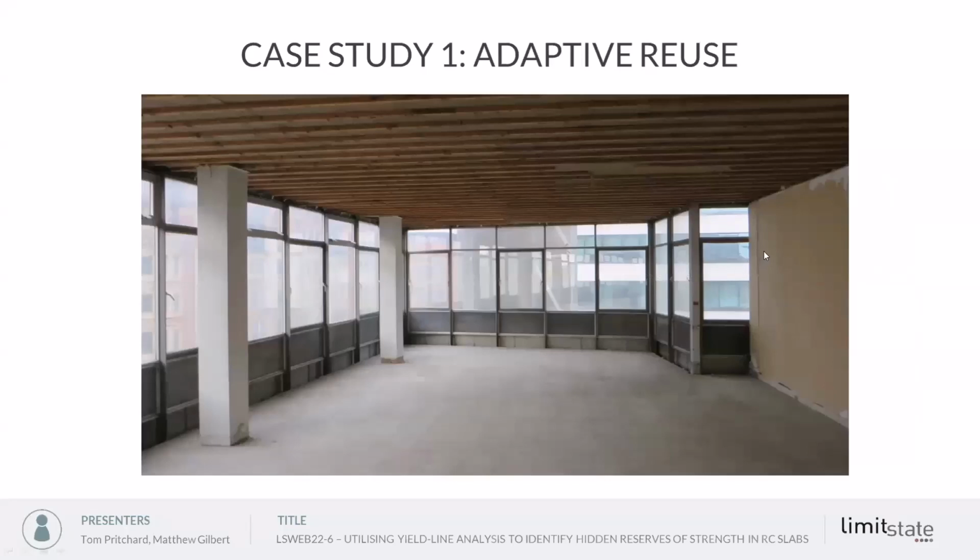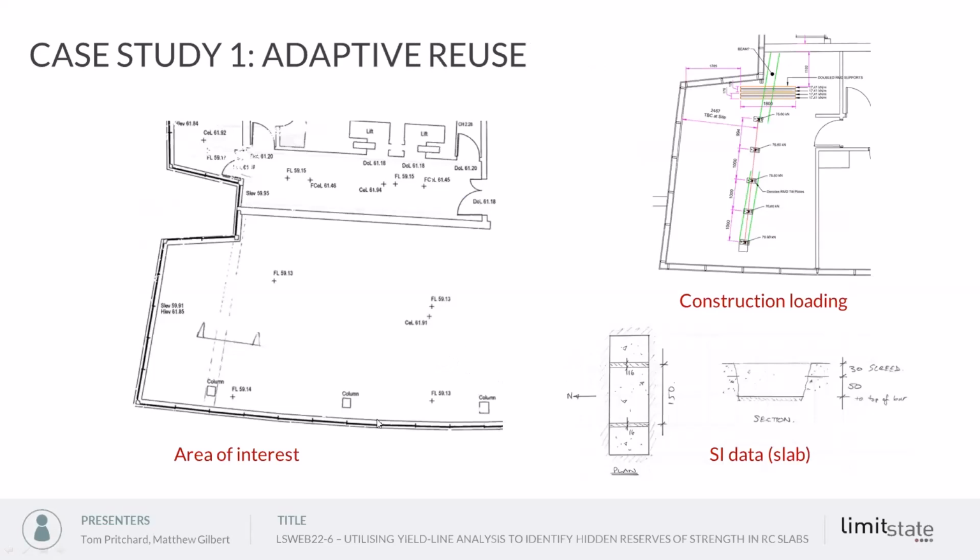So here's just an image of the inside of the building with the area that they're considering. And we can see here, this blue portion that goes between the two columns and over the slab is the area that they're looking at to assess in this particular case. Some drawings here. On the left-hand side, we have the area of interest. We can see actually through the middle of it, not seen on the previous image, we have a beam in yellow and a column. And this light blue area is the area that wants to be